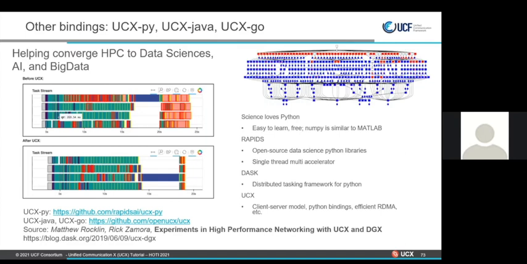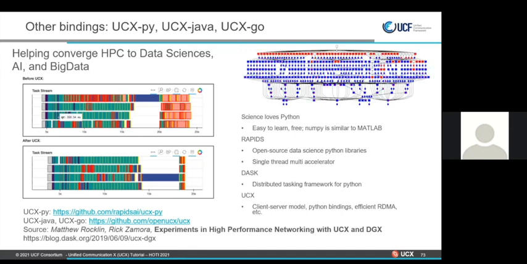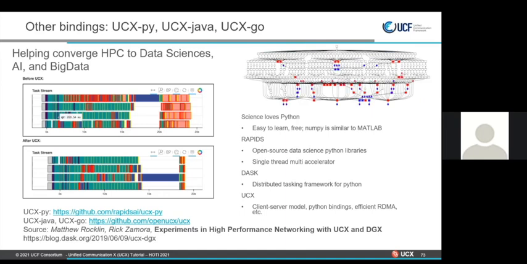Also merged recently is UCX Go, bindings for the Google Go language to similarly use UCX, currently under active development. Another UCX binding is in Python, where the NVIDIA RAPIDS project has built a UCX binding and put their Dask and RAPIDS ecosystem on top of that. You can see the Dask tree in its animation, and over here is the task stream